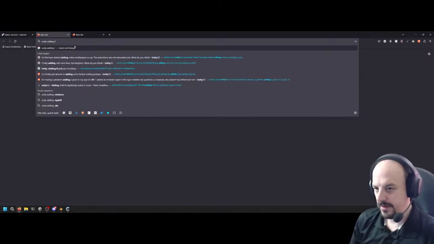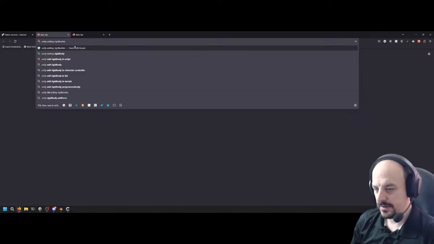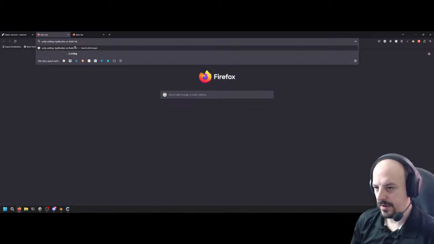So adding rigid bodies on build failure simulate.